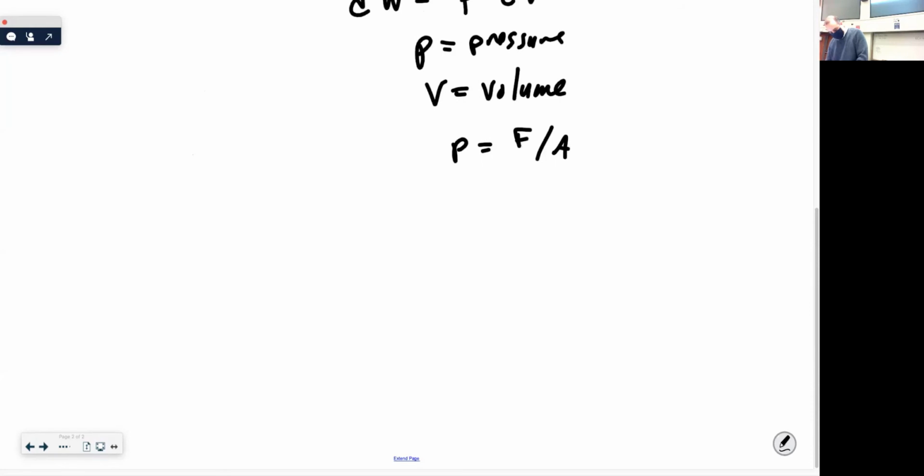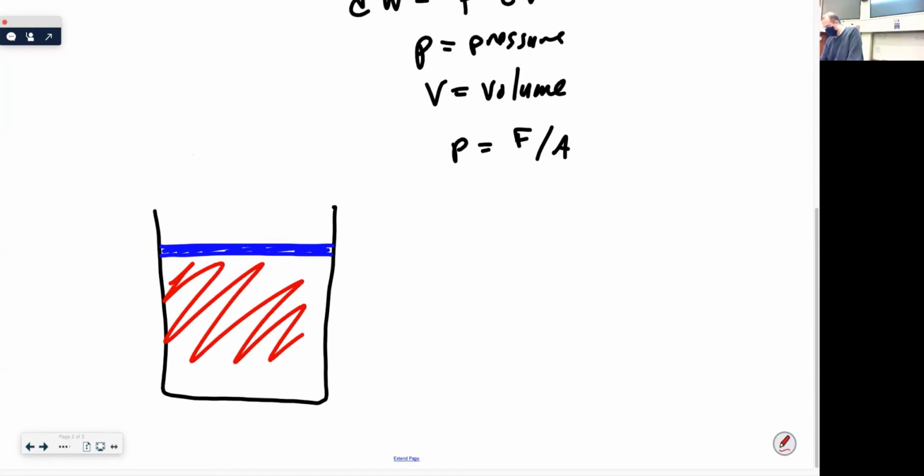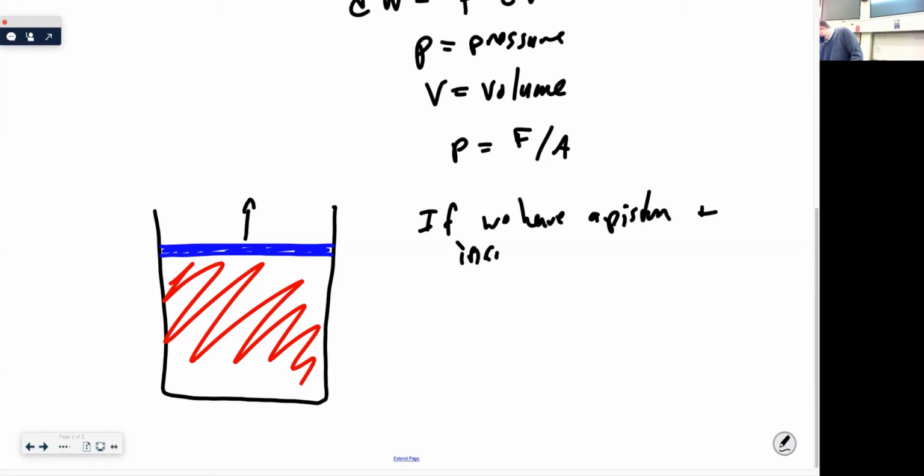Okay, so let's set this up. Let's say we've got some sort of device here with some gas inside it, and let's say it's covered by some movable piston. So this is some movable thing, and we've got some gas in here. I don't know what it is, it doesn't matter. Some gas. So if we slowly let this piston rise, if we have a piston and increase the volume of the gas,